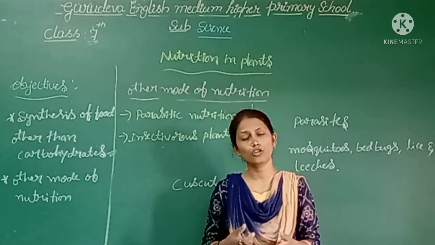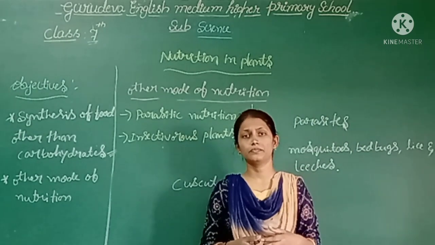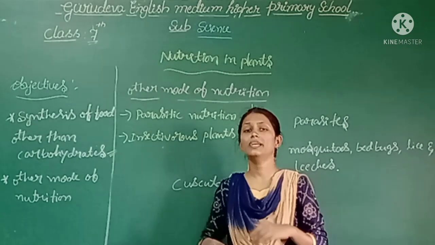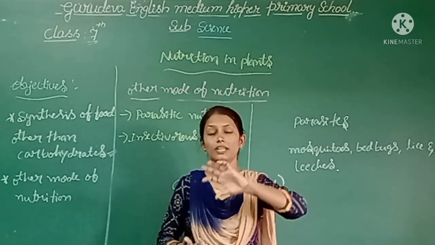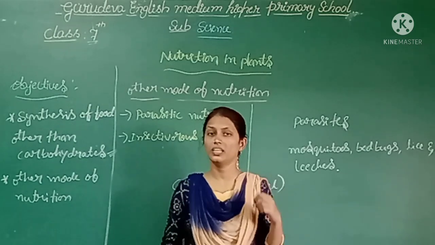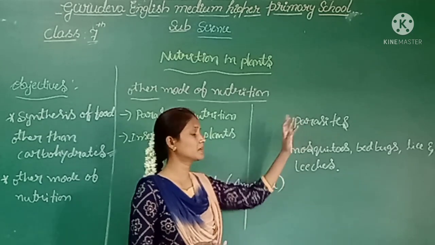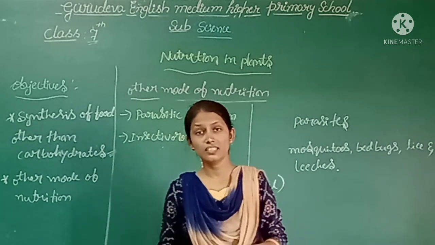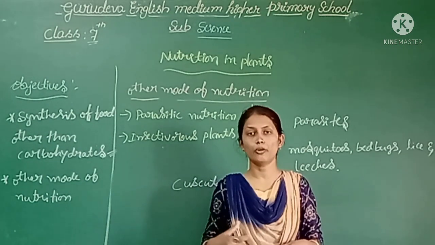It does not have the chlorophyll pigment, which means it is dependent upon the other plant. This cuscuta spins around the other plant. The plant on which it is climbing, from that plant it gets the nutrition, or obtains the food. Here, the name parasitic itself indicates it: a parasite is an organism which can live inside the body of another animal, or live on the surface of its body.